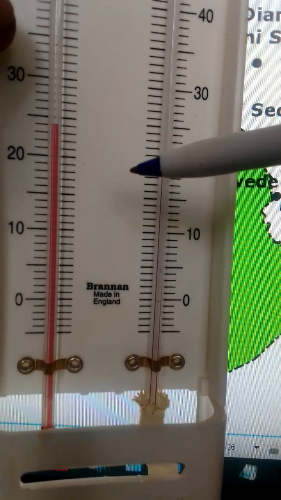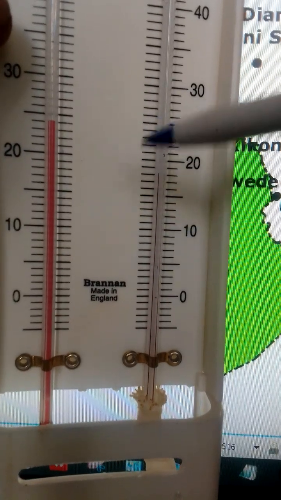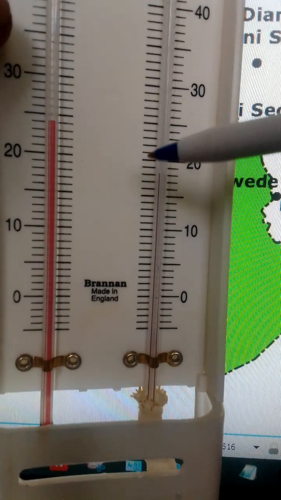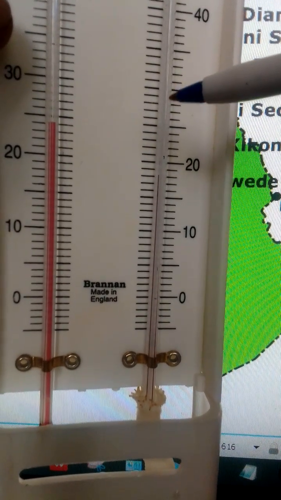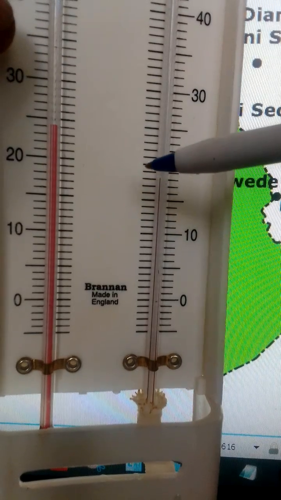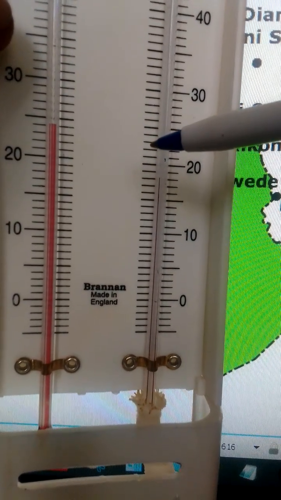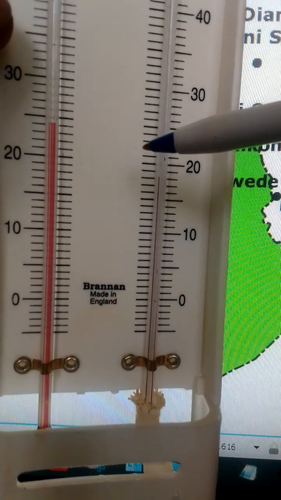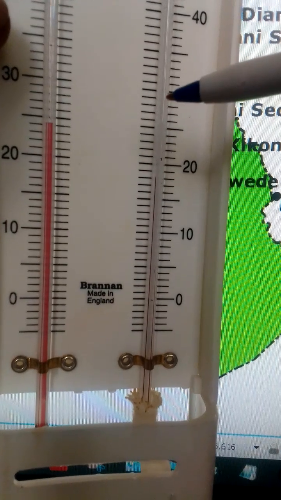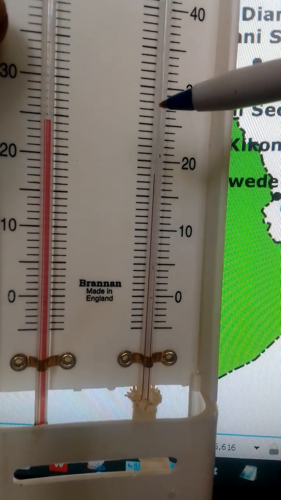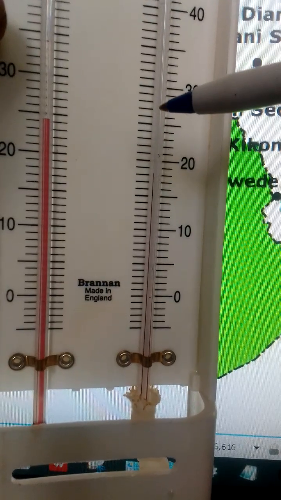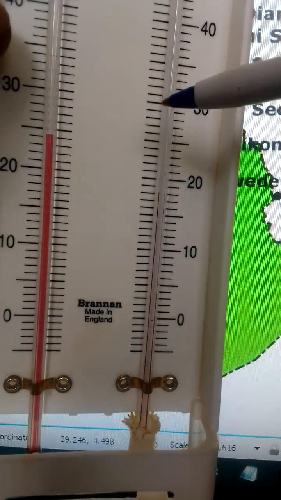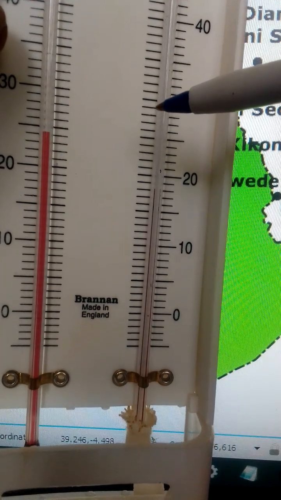So what an observer does is that he records the two temperatures at the same time, usually on an hourly basis. And then he calculates the difference, that is dry bulb minus wet bulb. That difference, which we call the wet bulb depression, is used to calculate humidity in percentage by using a slide rule or just by checking from tables which are called psychrometric tables. So in summary, that is how a wet bulb hygrometer works, and that is how we use it to measure